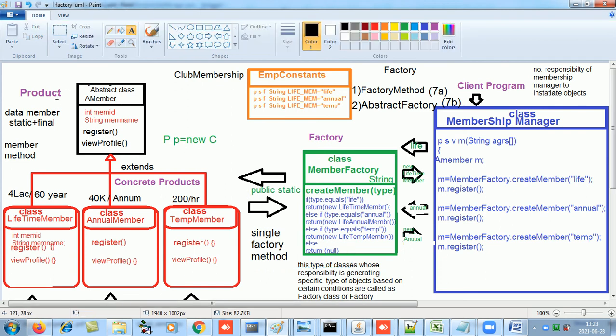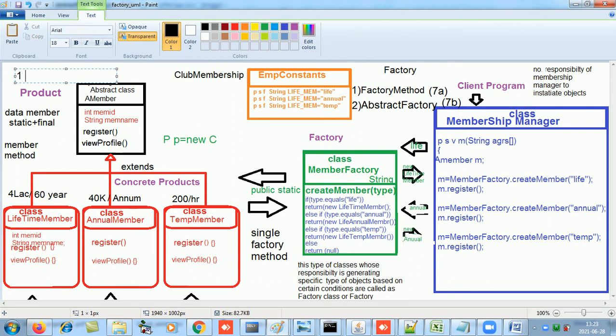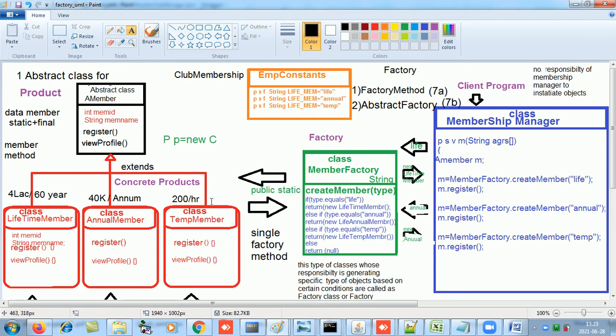There was one abstract class for the product, so we had one single factory method which was catering to this one abstract class. It had a factory method called create member, and the main method was the membership manager.